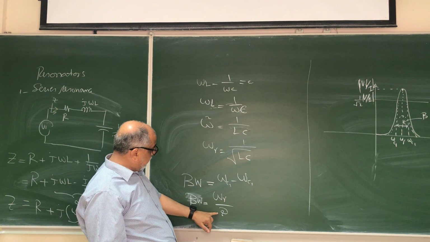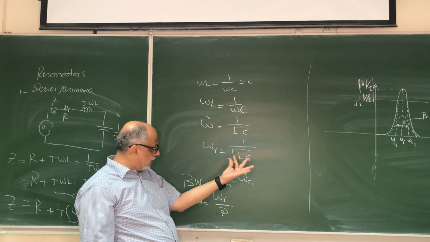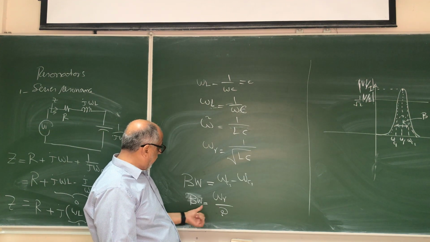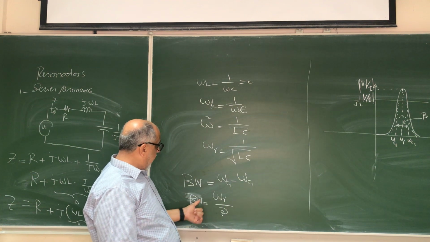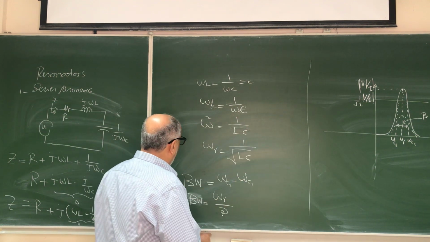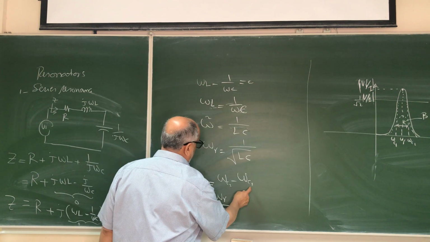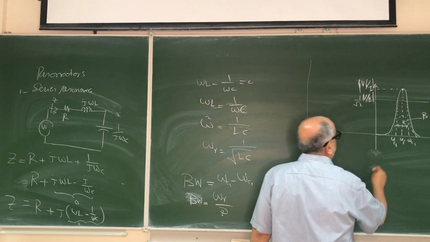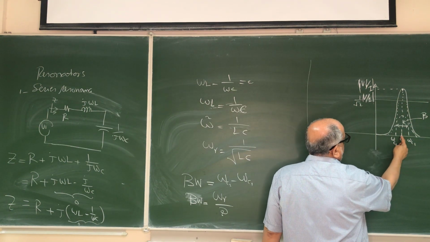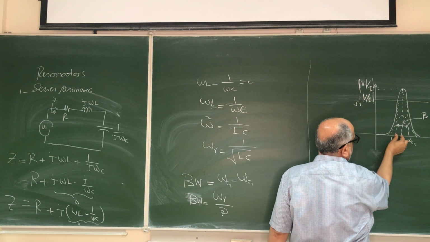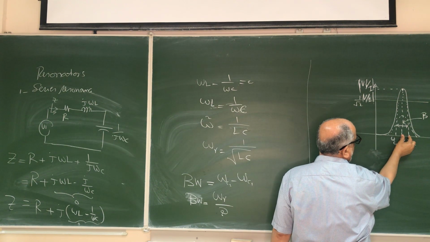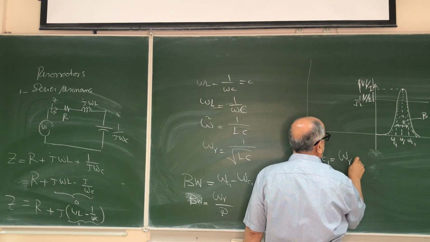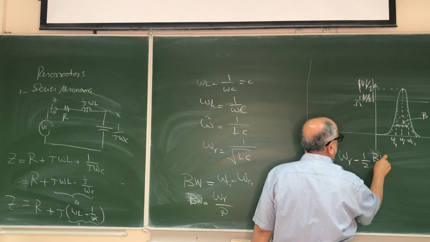If we increase Q, we will reduce the bandwidth, so we'll make it sharper. We know that the bandwidth will be omega C2 minus omega C1. If it is sharp, then we can simply find omega C2 and omega C1 from omega R. So we can say that this is the center frequency. If it is symmetrical, this is half of the bandwidth, and this will be half of the bandwidth. Then omega C1 is equal to omega R minus half of the bandwidth,